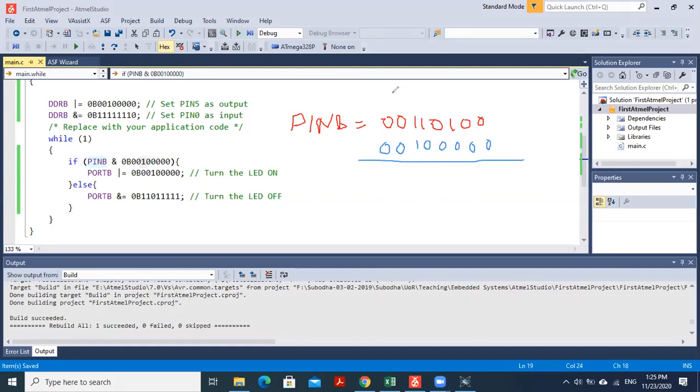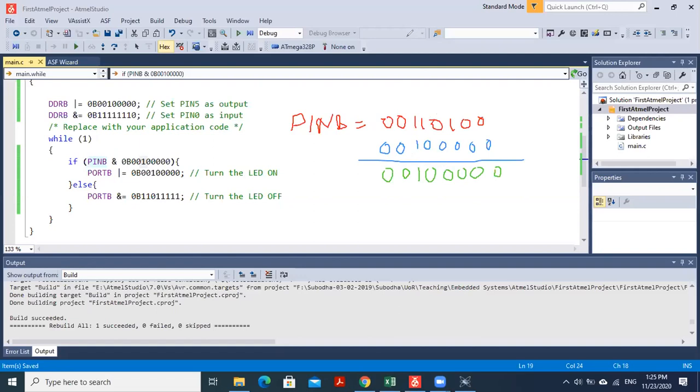If I AND with 00100000, then irrespective of these values, the AND value will be 0. This one will be 0, this one will be 0, this one will be 0, this one will be 0. And with this one, whatever the value here will remain, right? So if this is 1, that is 1. This one will be 0, this one will be 0, right?